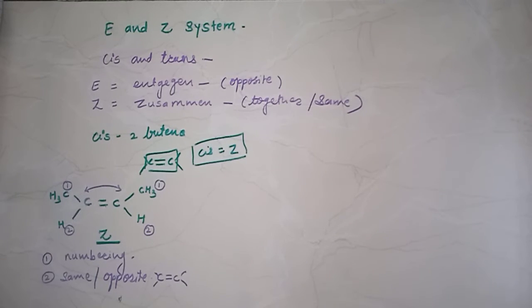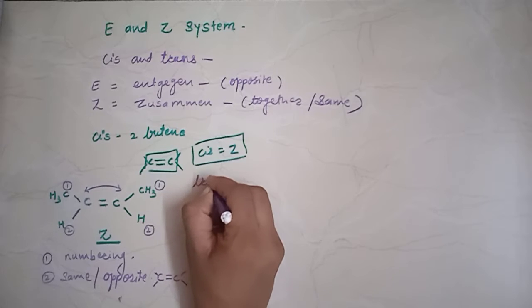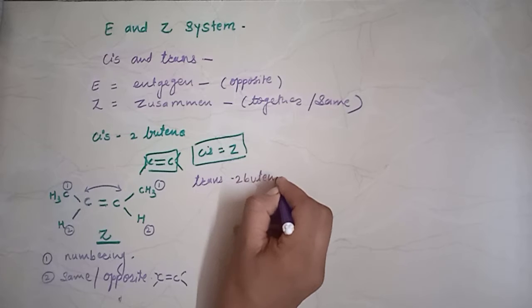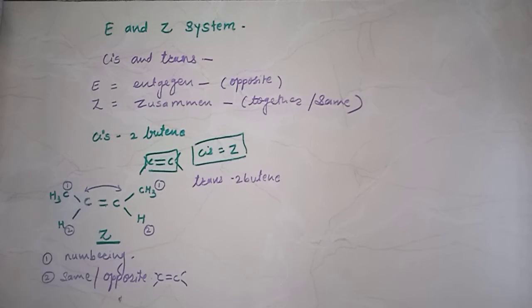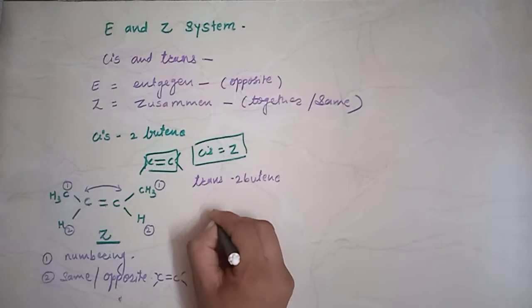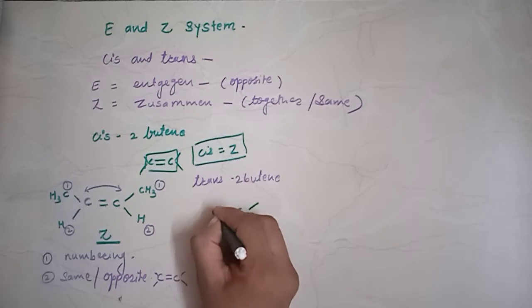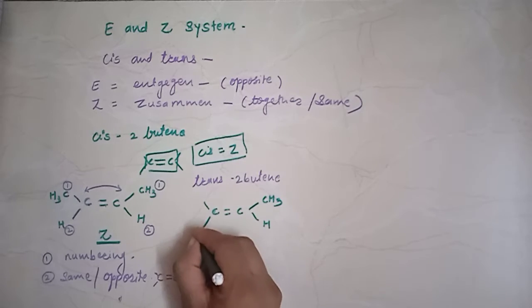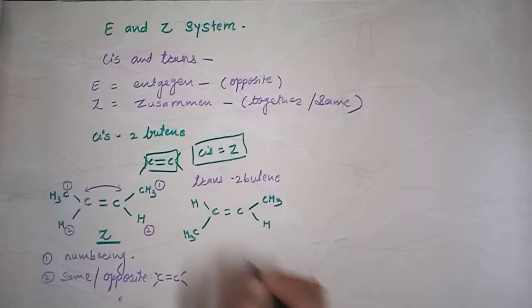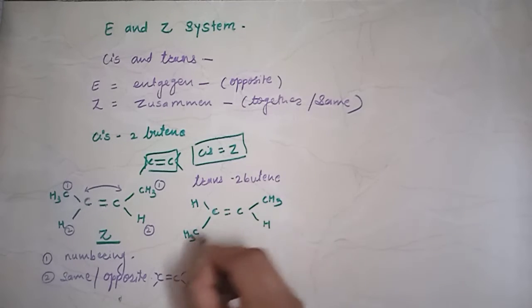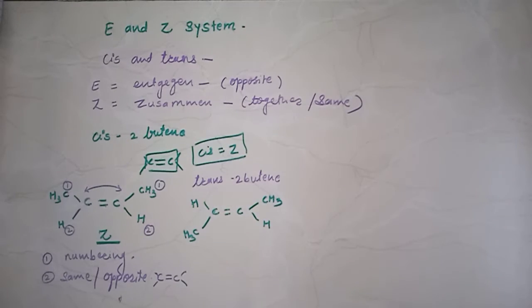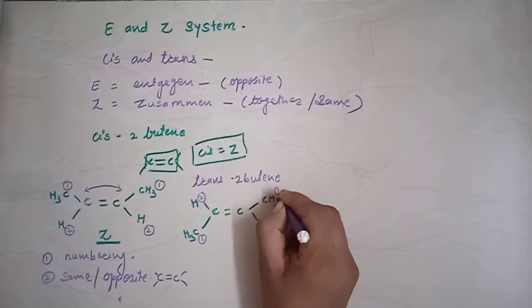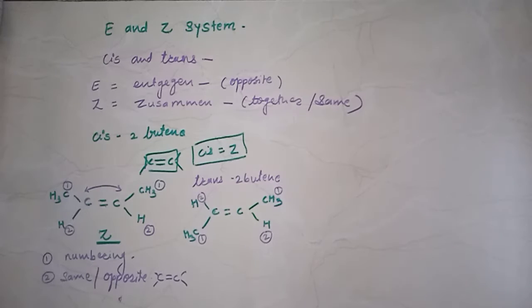So take the trans 2-butene. The second example is trans 2-butene, where the groups attached are interchanged. So draw the structure for trans 2-butene. Here the arrangement changes a little bit: CH3 is replaced here, and hydrogen, interchanged with each other. So here is trans 2-butene. Give the numbers: first the carbon, second the hydrogen. Here also the carbon means the CH3 group is first and the hydrogen second.